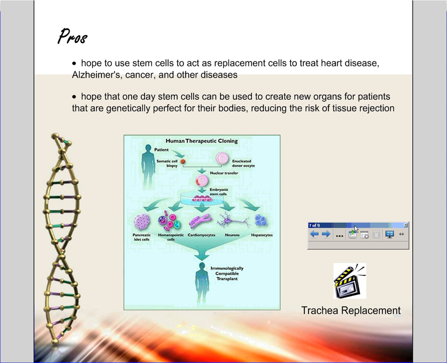So there's another little video clip that is linked from the website, but it shows that this is indeed happening, and it shows a successful trachea